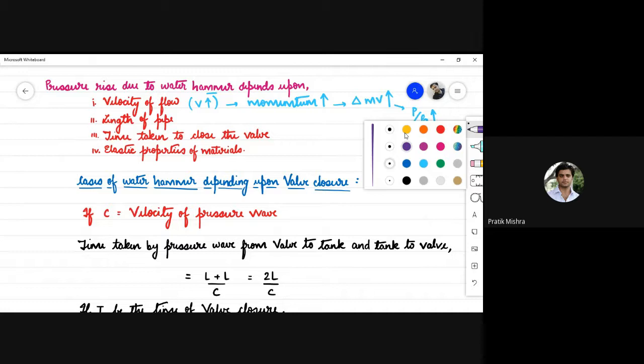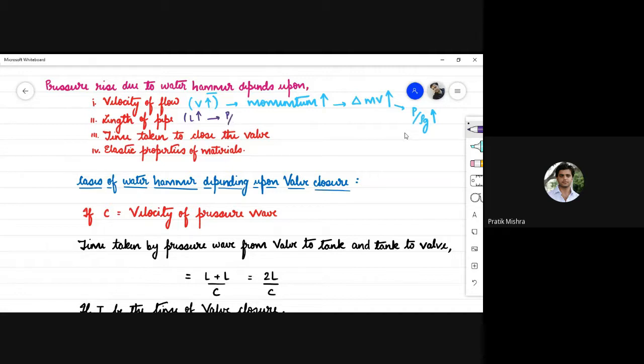अगर मटेरियल ऐसा है पाइप का जो कि कुछ शॉक एब्जॉर्ब कर सकता है, देन लेस अमाउंट ऑफ प्रेशर हेड विल बी जनरेटेड. सिमिलरली, इफ द लेंथ ऑफ पाइप इज मोर, देन इट इज सपोज दैट the intensity of the shock wave will be reduced during traveling, due to which less amount of pressure head will be developed, or I should say more will be the length of the pipe, less will be the pressure head developed. इनडायरेक्टली आप इस तरीके से कुछ रिलेट कर सकते हैं. ओके, प्रिसाइजली अभी हम देखते हैं कि क्या होगा.